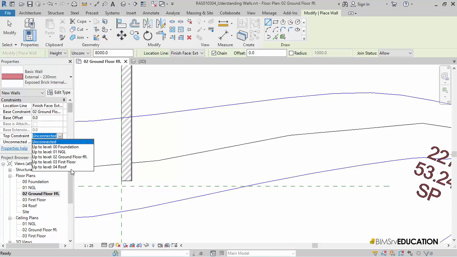Notice the height is now grayed out, indicating the value cannot be changed here, and also shows a value 3204, which is the level difference between ground floor and first floor. Now we have two constraints, the base constraint and the top constraint. This will become clearer in a short while.